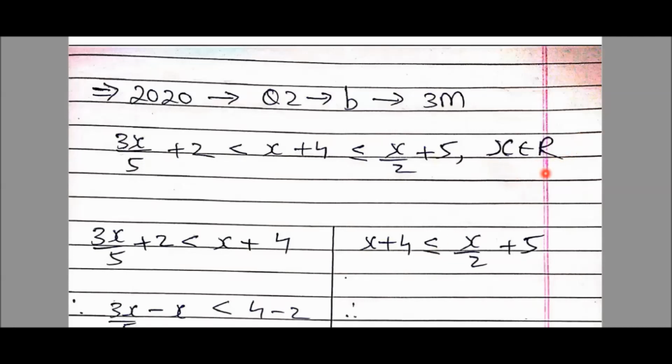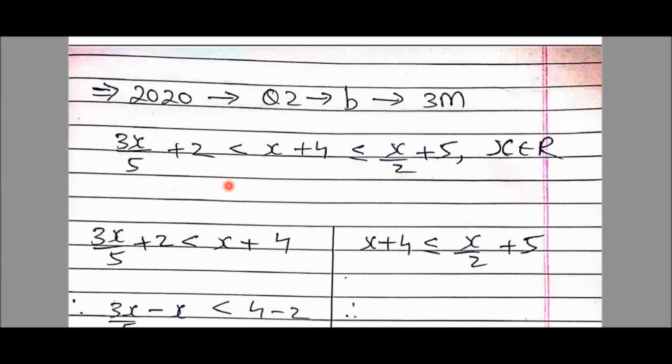Listen to this very important point, students. From the last 10 years, if I consider the statistics, approximately 8 years, they ask the questions from the real numbers domain. They hardly ask for natural numbers, integers, or whole numbers. Understood? The difference lies only in the last step while writing the solution set. The entire sum remains the same.